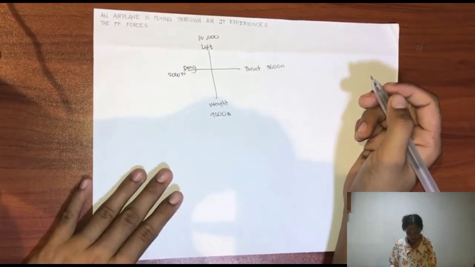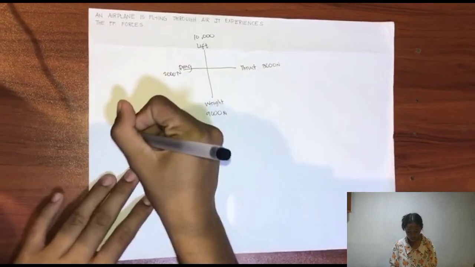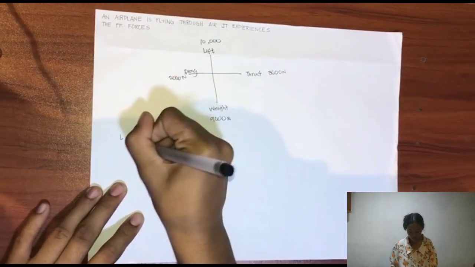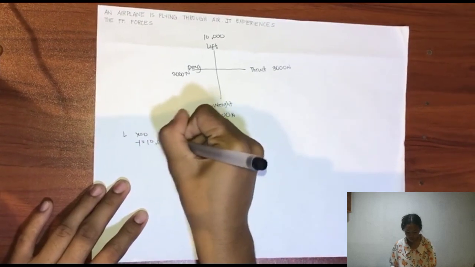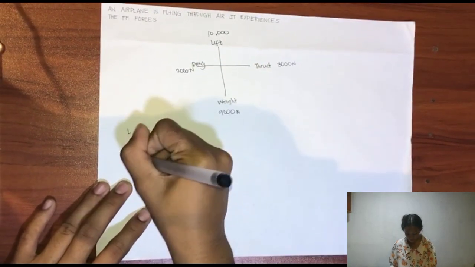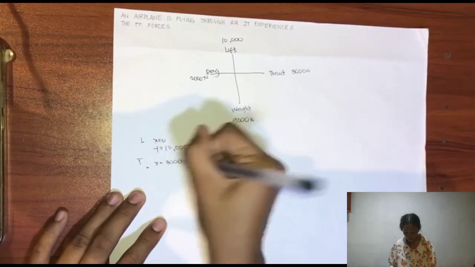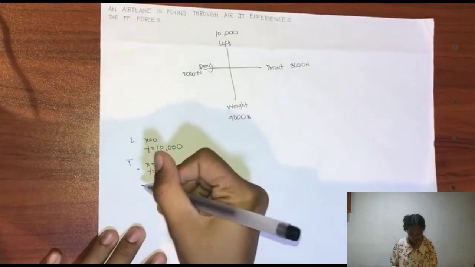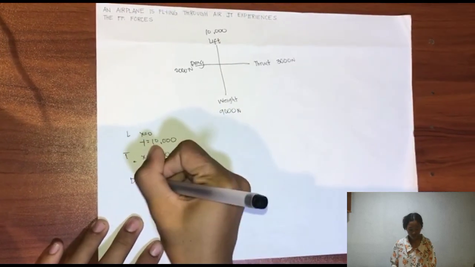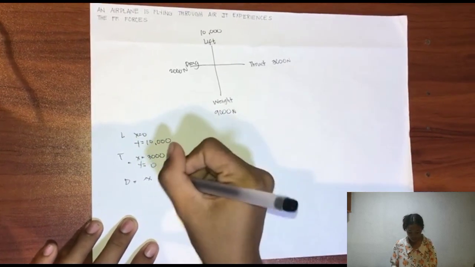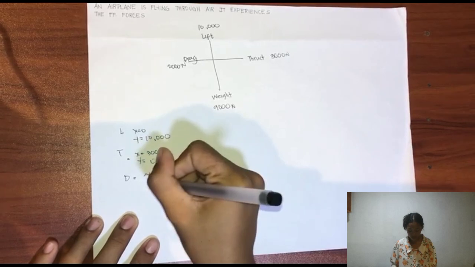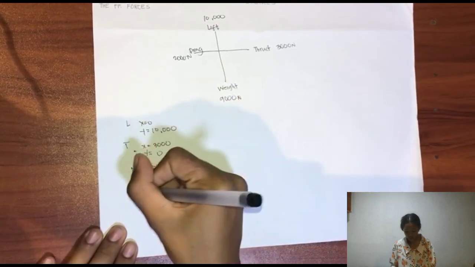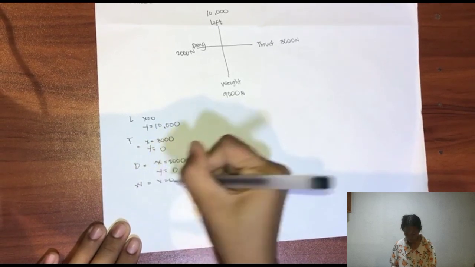So, sa lift is equals to x is equals to 0 and y is equals to 10,000. So, sa thrust naman ang x component niya is 3,000 while ang y is equals to 0. Then, dito naman sa drag, ang x component is equals to 2,000 and ang y naman is equals to 0. Ang kanyang weight ay ang x ay equals to 0 and ang y naman is equals to